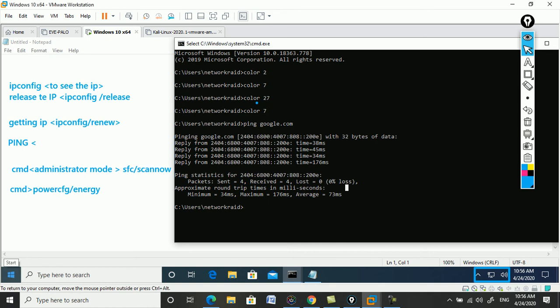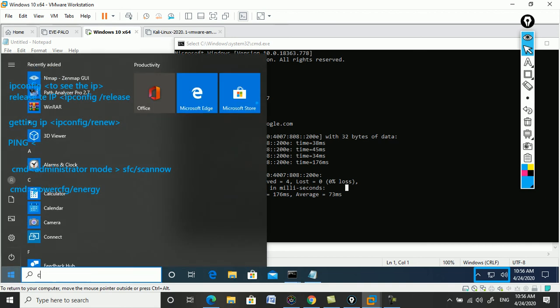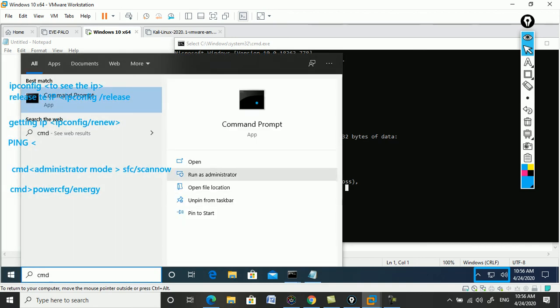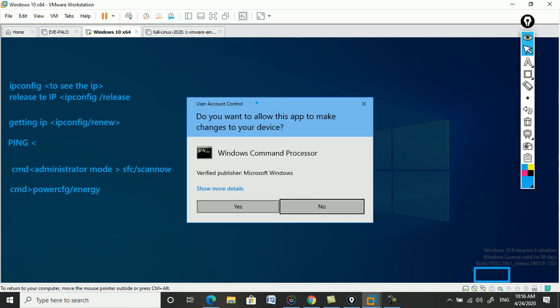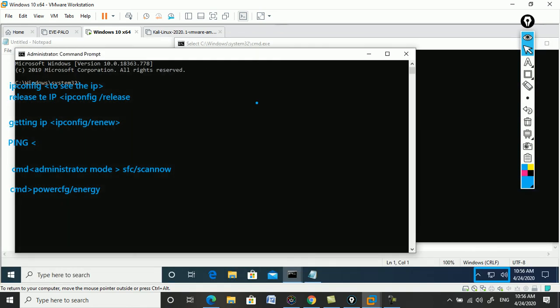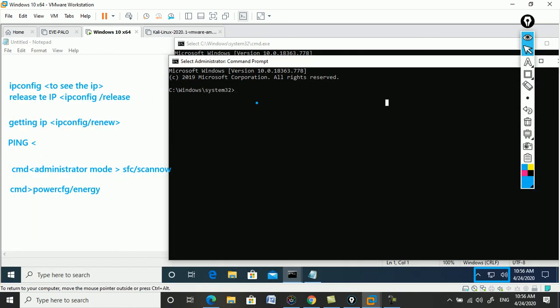We'll be going here, start, and then command prompt, run as an administrator. Yes, we have opened it as an administrator. Now you type the command there: powercfg /energy. Once you execute that,